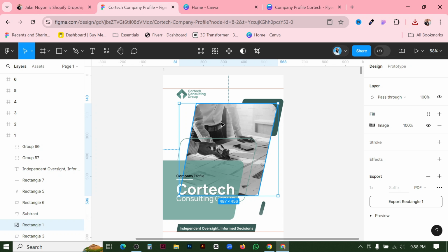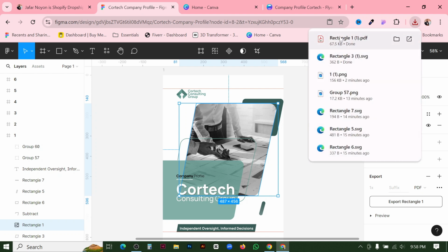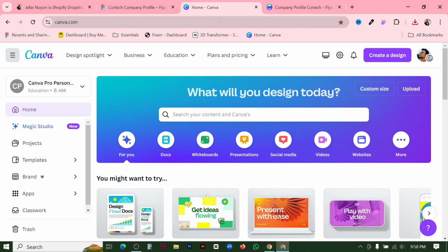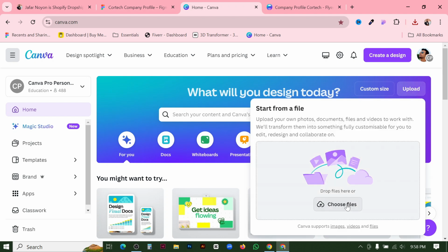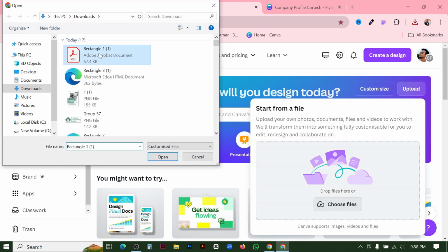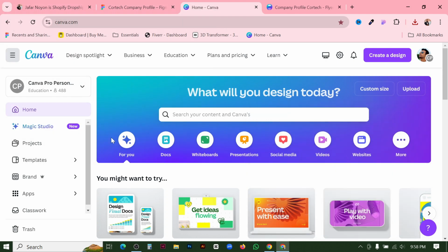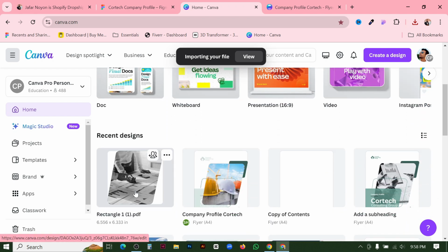If I go back here, let's work with this shape with picture, and this is a little tricky one. What we have to do is export this as PDF. So if I click here and export, we have to select PDF, and now it is exported as PDF. If I go back to my Canva home, you can see the upload option. If I click on upload and choose file, from here I am choosing the PDF, and it is uploading, and you can find it down there. I think it is uploaded, and if I click here,